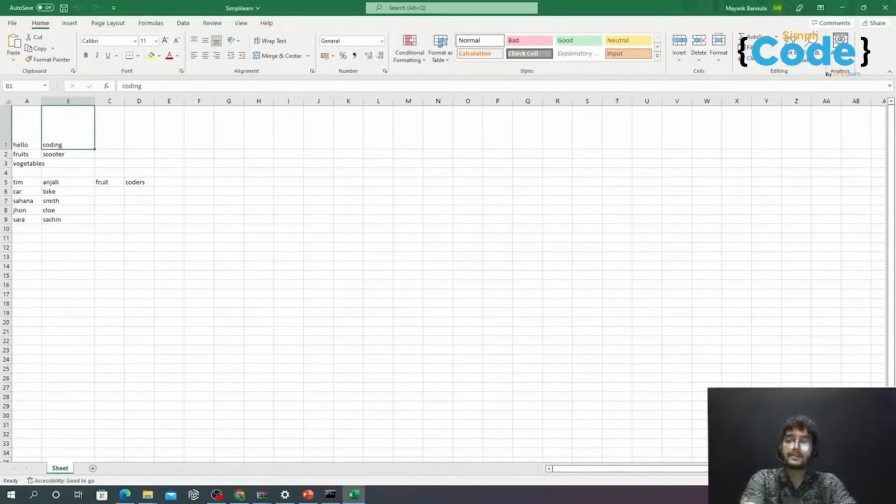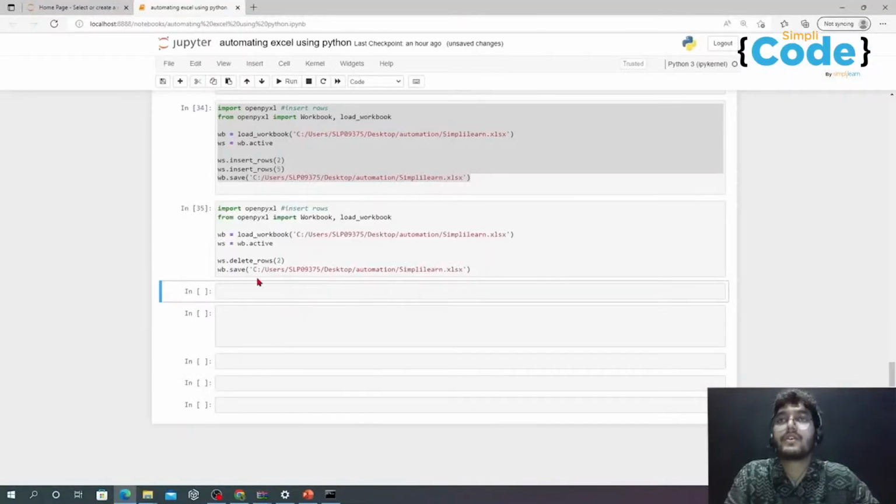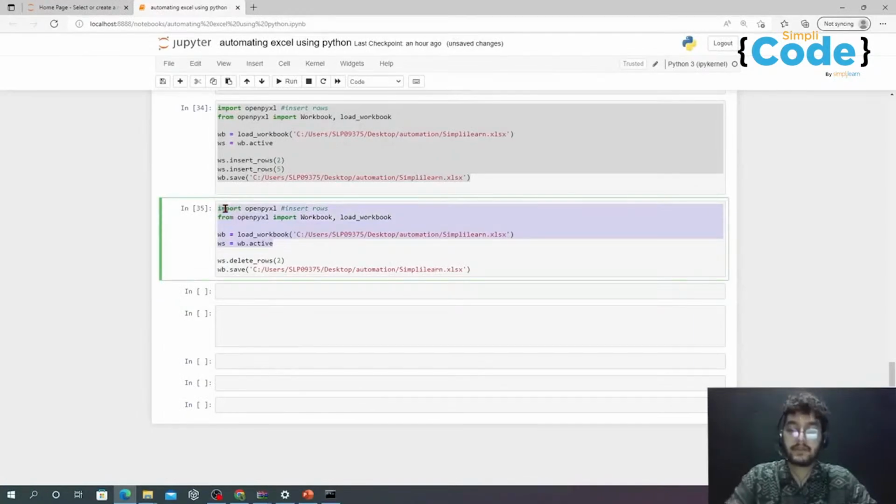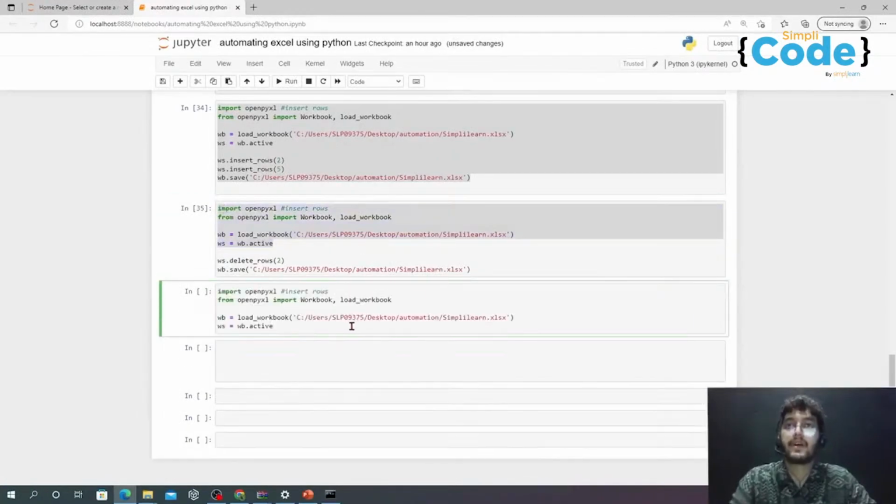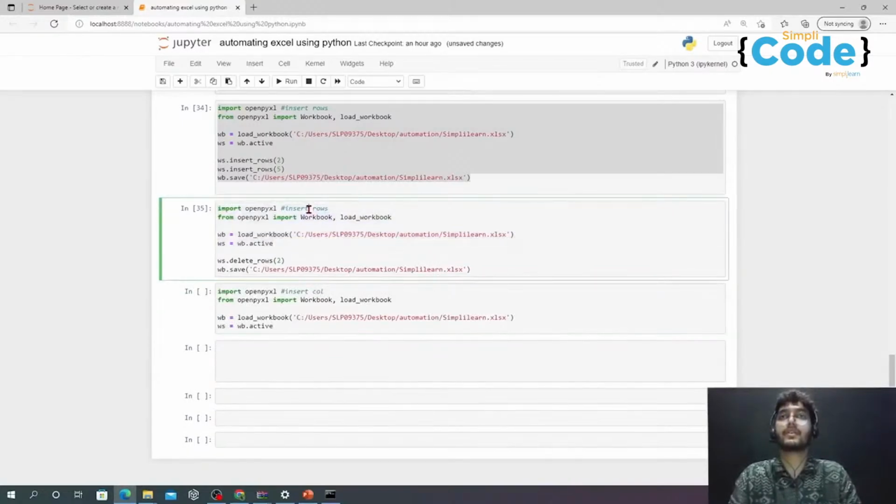So by using insert rows and giving them an index, you can insert the row at the index position you gave, and meanwhile you can use the delete_rows function to delete a particular row. So moving forward, let's quickly write code for the insert column. For inserting a column, I will copy from here. Yeah, insert row, column, and this one is for